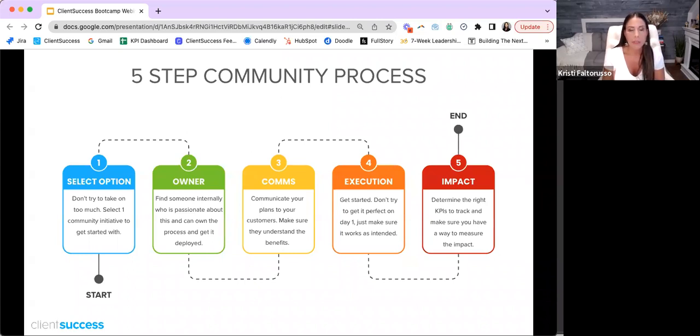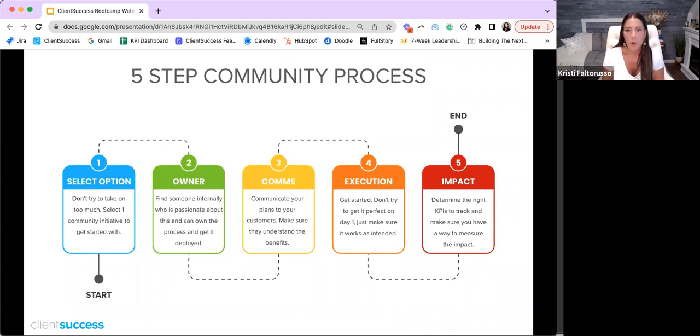Because guess what? You're going to evolve, right? Your customers are going to have opinions on what worked really well, what didn't, and what they want to do. So this is a great opportunity for you to say, okay, here's what we're starting with. In 30 days, 45 days, we're going to come back. We're going to get some feedback from you all, and we're going to continue to evolve and innovate. And that's where you're going to have the time to really go and continue to build out your program. It doesn't need to be all done out the gate day one.